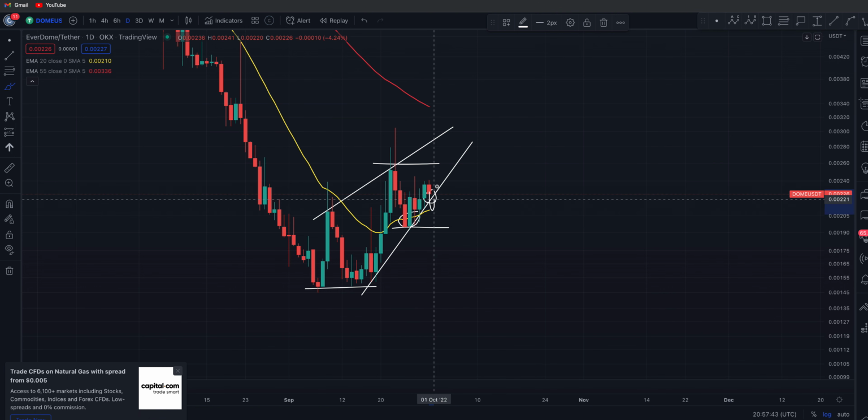once we start closing below 0.00195, if we fall out of this triangle and do start to come down to this level and lose that and turn that into resistance here, this local low, then for me, straight away, the next point of contact is back at the previous low down here where you came from. So it's all about holding this daily 20 EMA, and also not losing this trend line, because if we do start to close outside of that, it's just a primary eye opener that you're going to retest your local